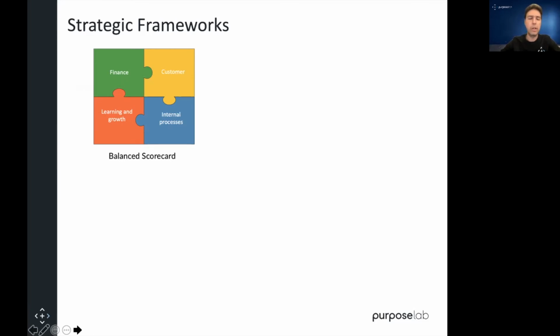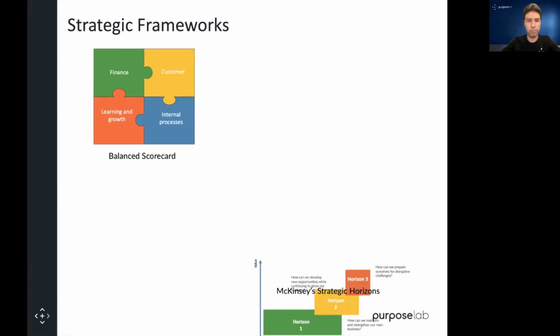There are some other propositions like, hey, shouldn't we be including an IT area, for example, or shouldn't we be including your environment? Yes, you can. But the whole concept here of the balanced scorecard is you start thinking about some projects or some concepts as to how you can properly improve all these different areas in a more or less balanced approach. And that's why it's called a balanced scorecard.